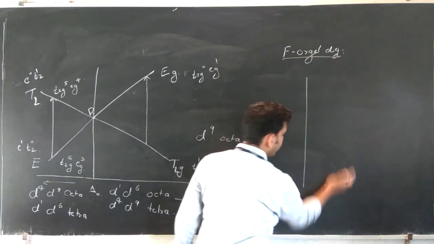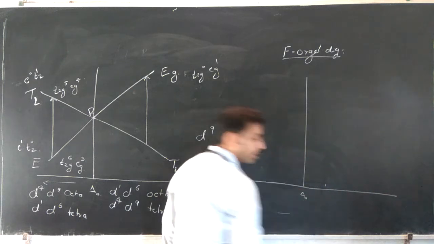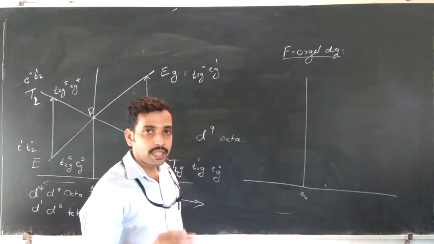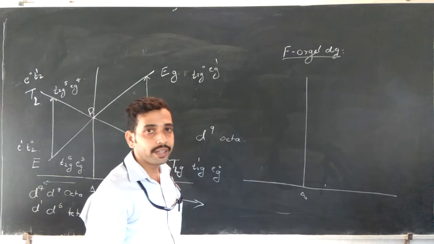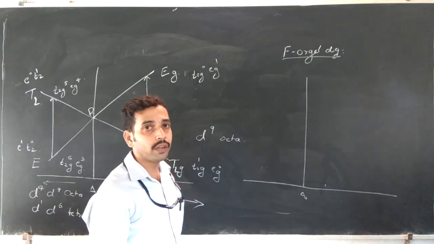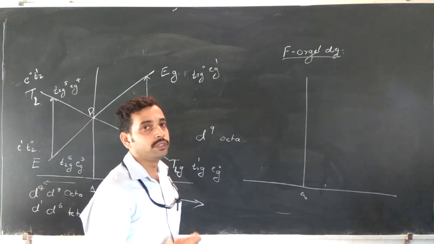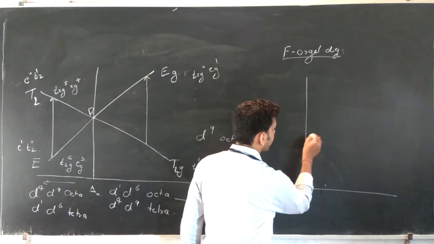From the vertical line, that is delta naught. The d2, d7, d3, d8 systems belong to the F Orgel diagram because, from the ground state term calculation, the spectroscopic notation is F. That's why it belongs to the F Orgel diagram. From the F Orgel diagram,